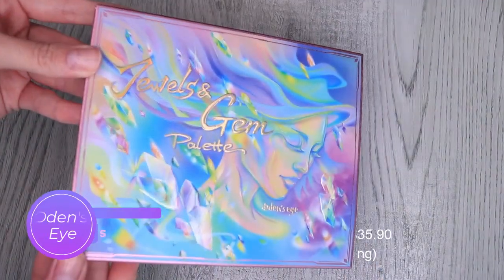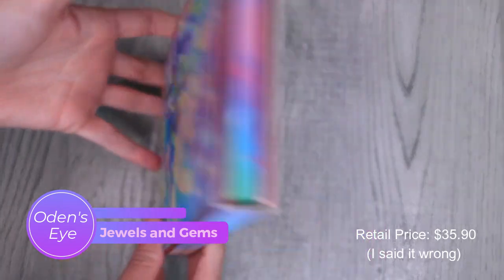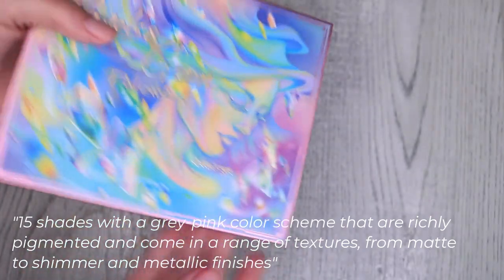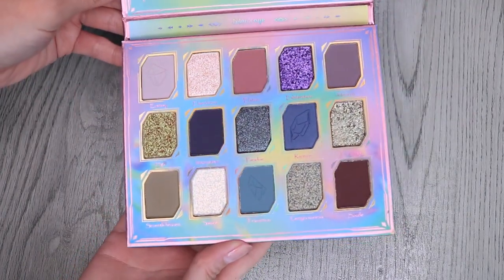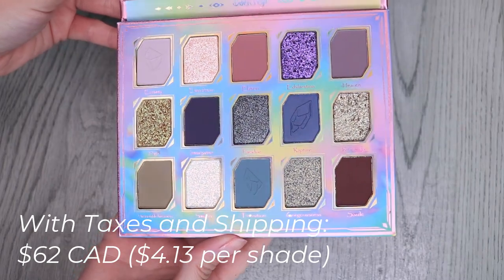For this palette, it is a 15 pan eyeshadow palette, and it retails for around $39.50 US, which is around $53.60 Canadian as of checking right now, which is a little bit pricey. When all said and done, when I ordered this, it was $62 Canadian, which works out to be about $4.13